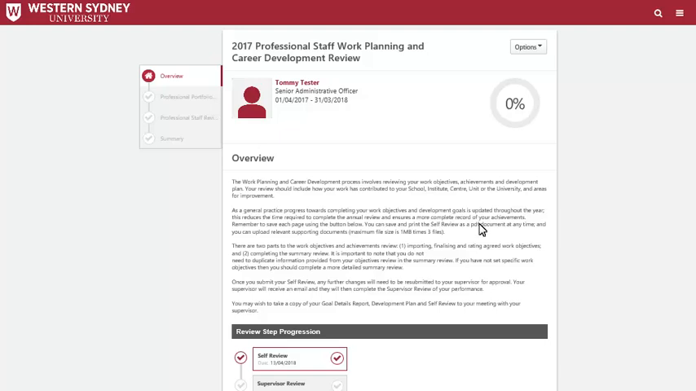On the left of the overview page, there are 4 navigation links to the review pages: Overview, which is currently selected, Professional Portfolio, Professional Staff Review, and Summary. You can click on these links at any time to move to these pages. Clicking on the Options button allows you to add attachments or print a copy of the review. Note that you can refer to the instructions at the top of each page to guide you through the review